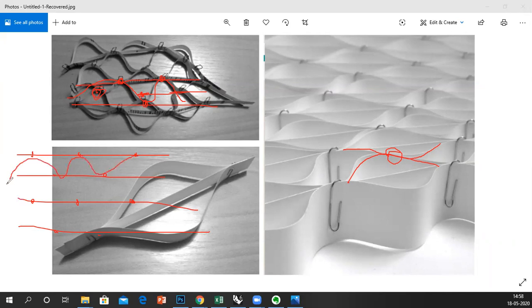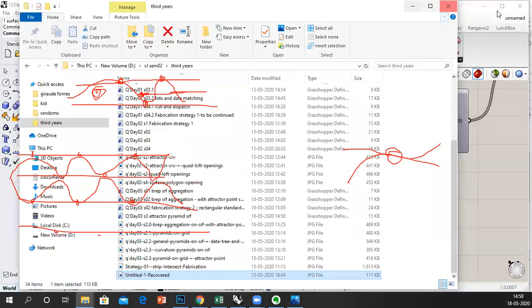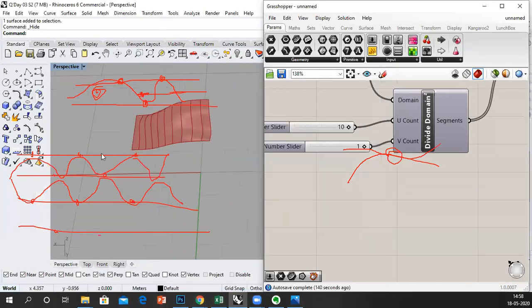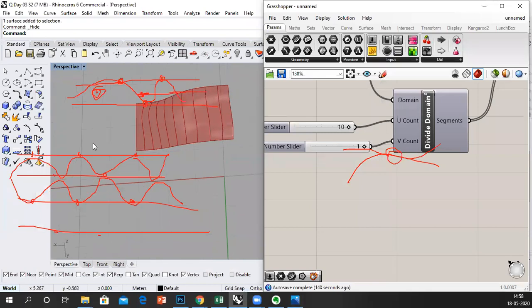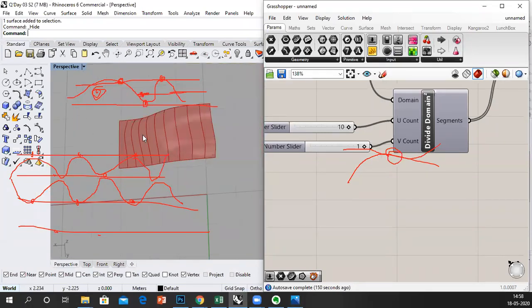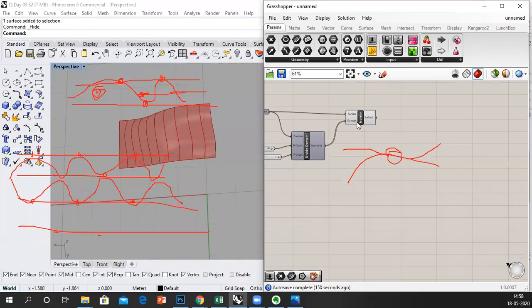So these become the pinching points where the curves converge, and where we can fix them together. So if I come back here, first I need those curves. So we've got these strips. First we separate the alternative strips, because one is in one direction, the other is in the other direction.